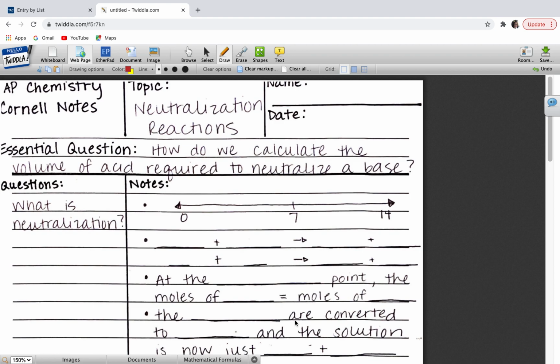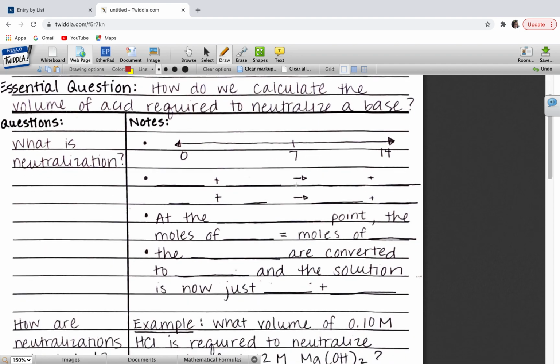Talking about neutralization reactions. And we've talked about them before, like when we talked about types of equations. But since we've looked a little bit closer at acids and bases, I want to talk about what it means, right? So we know from last week